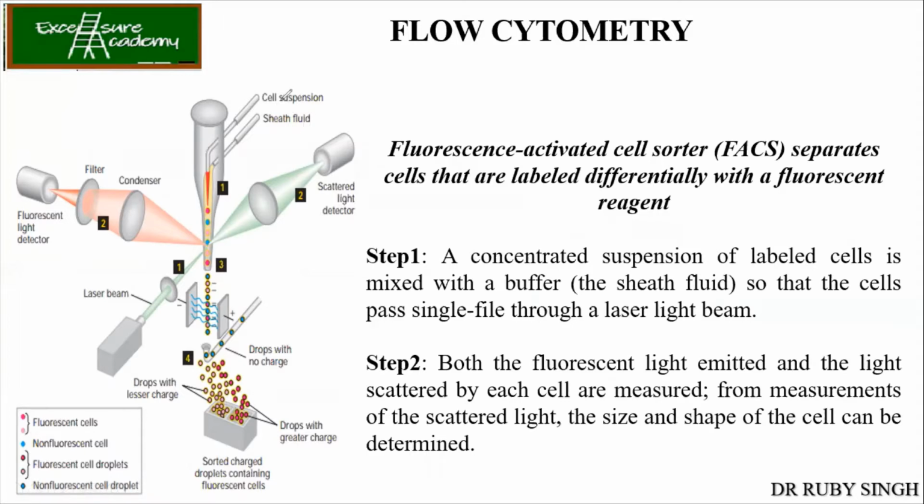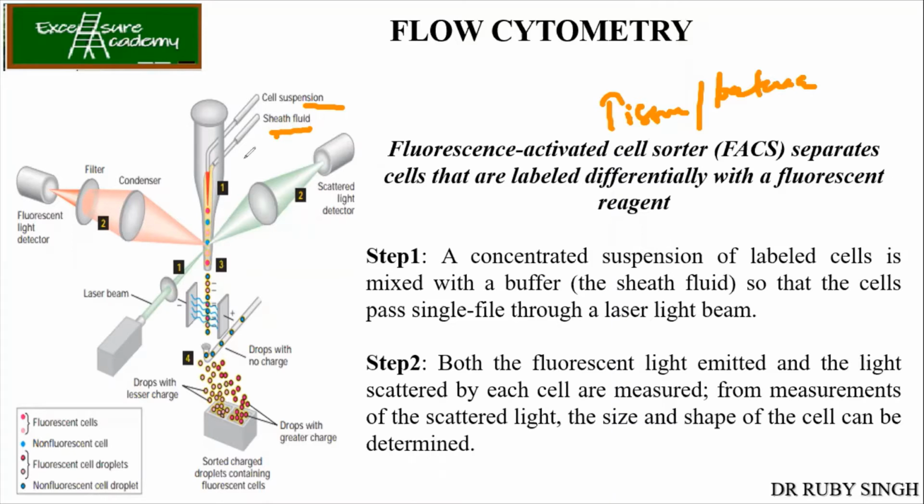Now, you see, you have got the cell suspension. This cell suspension you can either get from the tissue, you can have bacteria also, or any kind of sample from animal or plant. Depending on the cell surface protein, you are going to have the antibodies, and each antibody will be tagged with the fluorescent dye. Okay. So, you have got the cell suspension, then sheath fluid, so that each cell will be migrating from the machine as a single or individual cell.